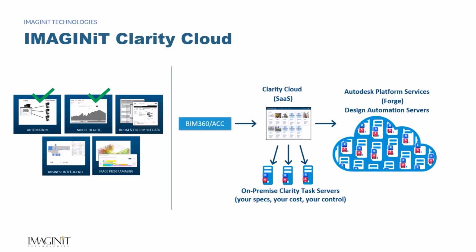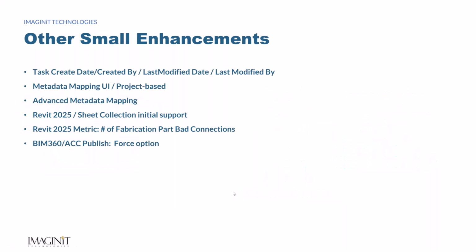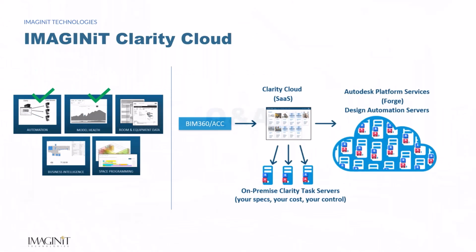Yeah, certainly its model. We've got tasks like eTransmit that will take a BIM 360 model and write it out to a local location, like the RVT file itself. When we talk about its data, there's a few different options. We've got a database export tool, so it'll take a Revit model and in the on-premise version, I shouldn't be pointing to Clarity Cloud as I talk about it, because that's only an on-premise feature. But